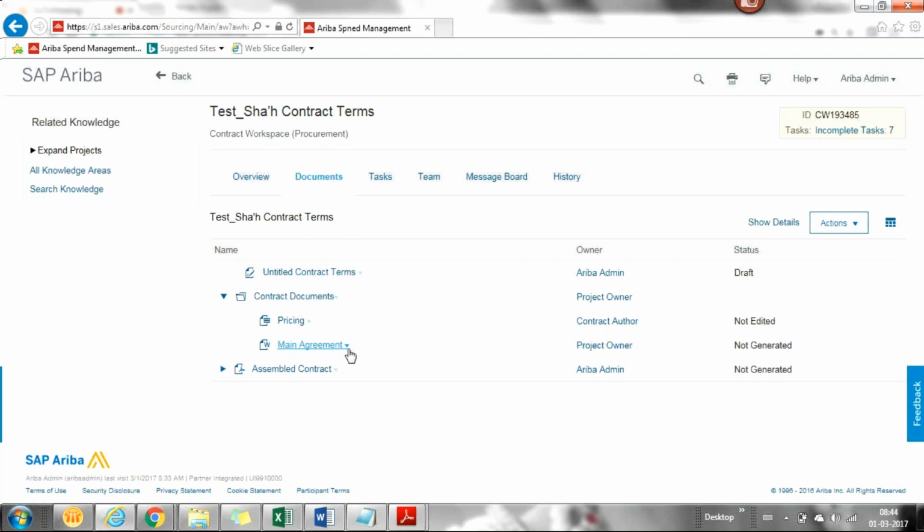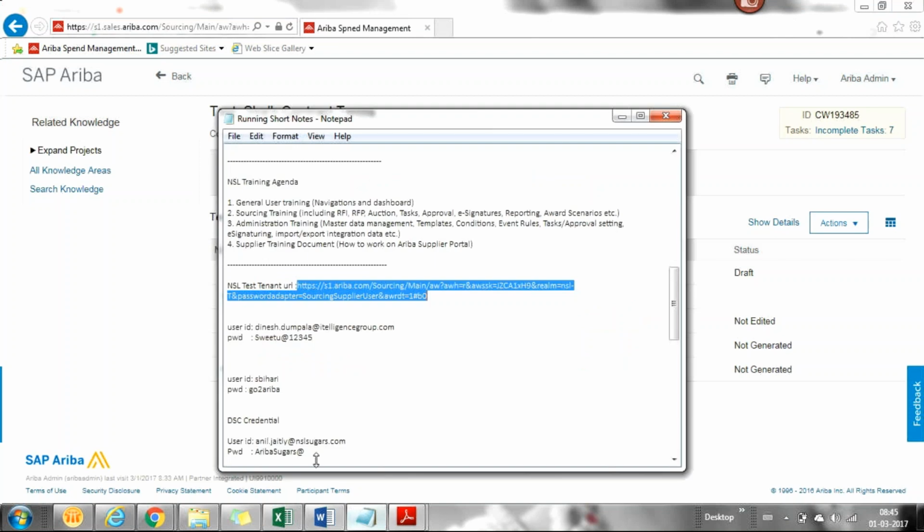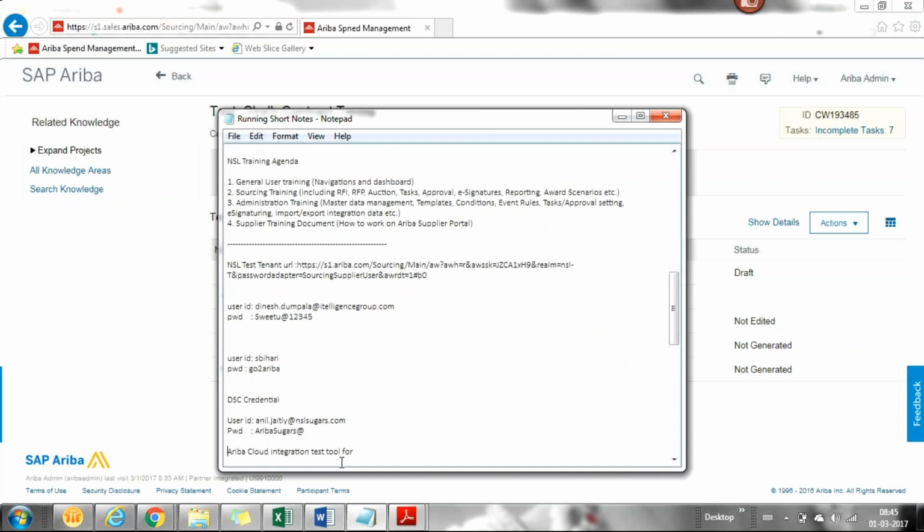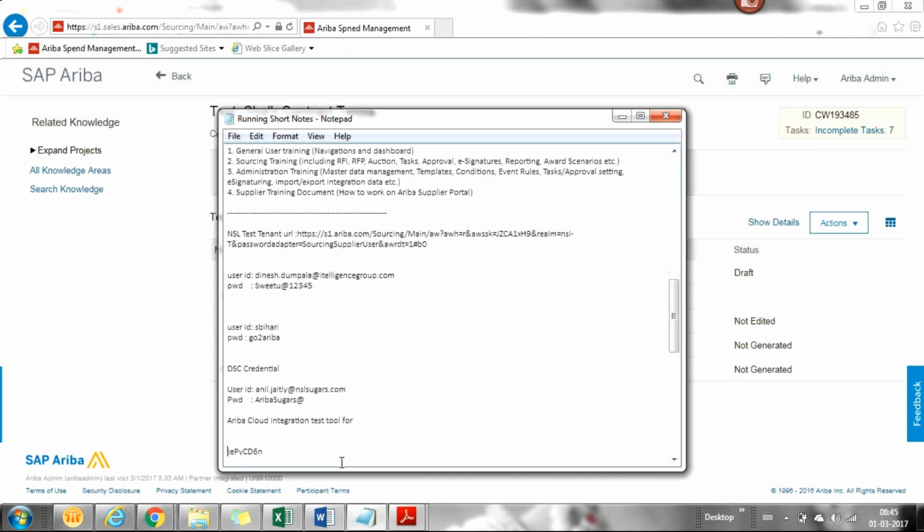First, Ariba recommends uploading multiple classes from a single Word document into the workspace template as the main agreement. Then you can select these classes from the workspace template and publish them individually to the class library. That's exactly the sentence that is there in the PDF file. So that is exactly what we are trying to do. Now assume that in the screen, when you share the screen, assume that